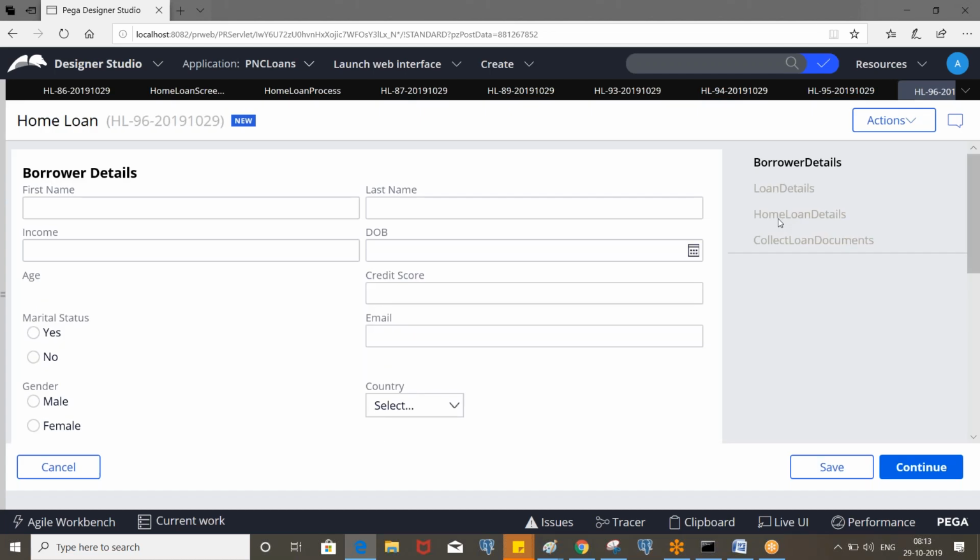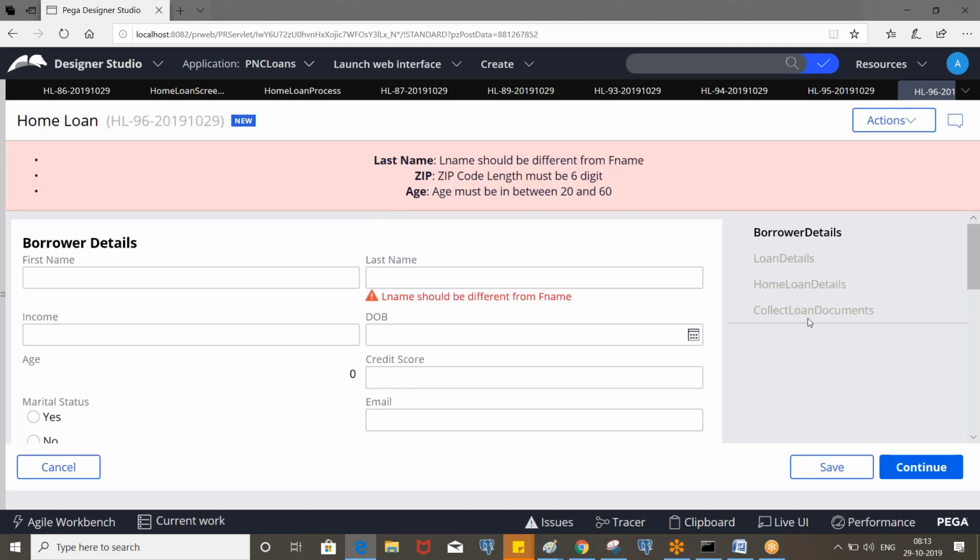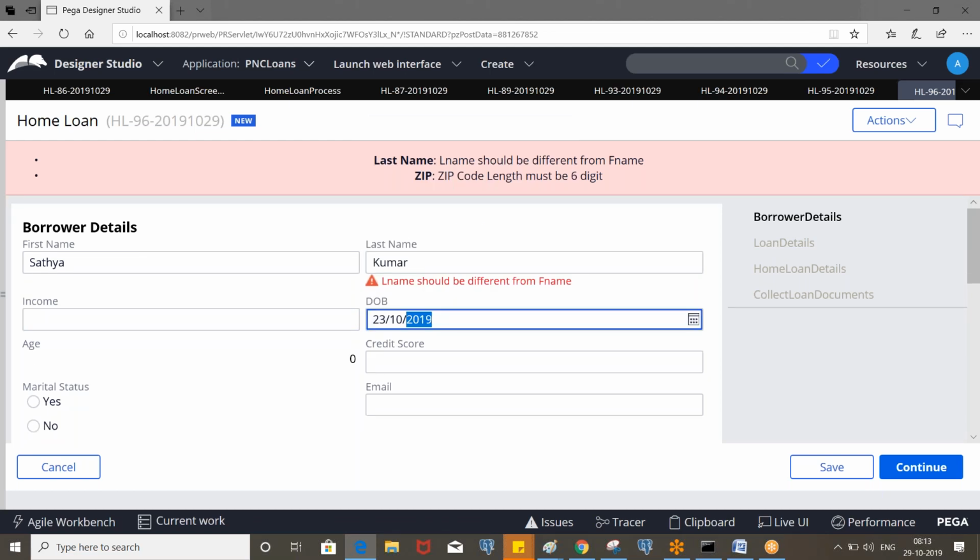Now you cannot directly move to any of these screens. Once you complete the first screen, only then will you be able to come back to the previous screen, right? If there are any errors, you must enter valid data, otherwise it will not allow you to move to the next screen.